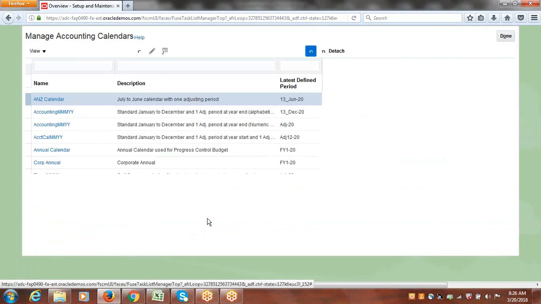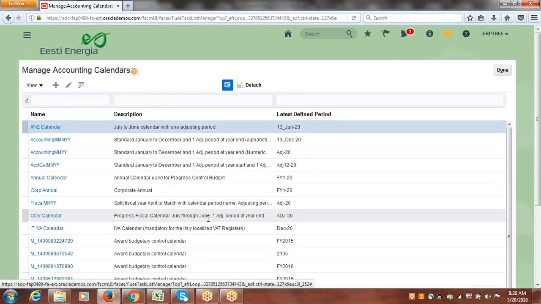So this is a page where we can create the accounting calendar. Here you could see many accounting calendars already created. Since this instance is Vision, for practice purpose, many are created. Now we'll see how to create the new accounting calendar. Just click on the create icon,